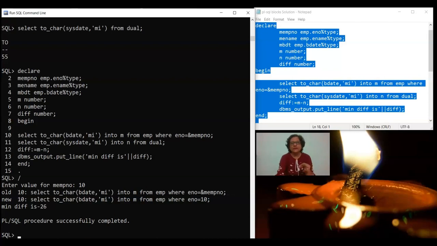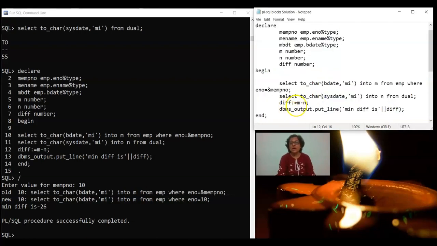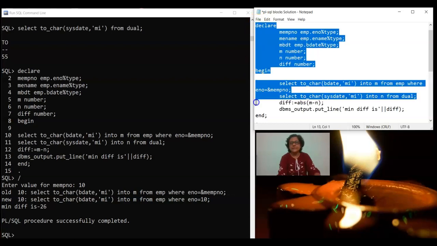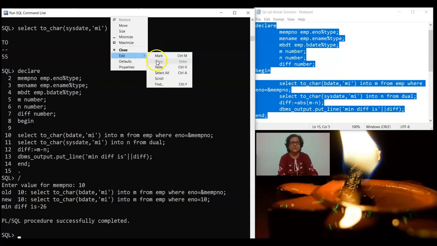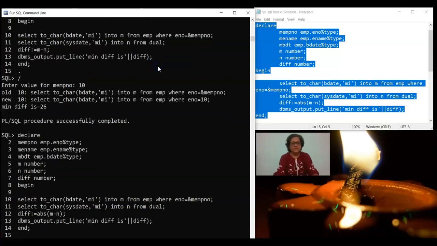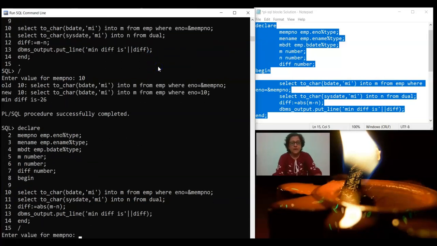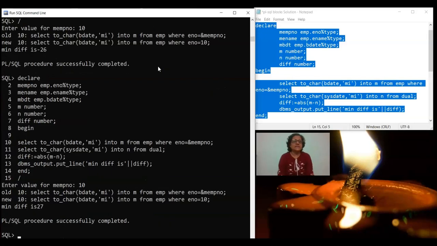If you feel that your output is correct but you are getting a minus value, you can give absolute of m minus n and try this. I'll write 10 again, and I can see here 27. It must be the correct value, but you have to check whether it is correct or not.